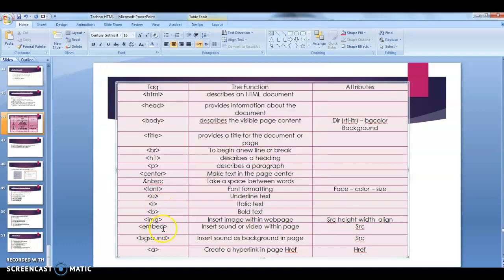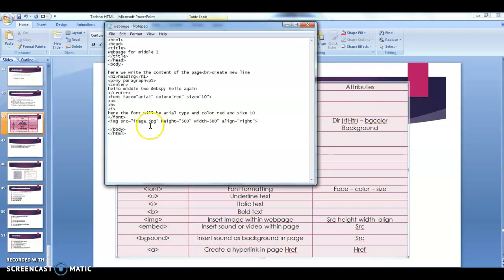The same thing with embed. If I need to insert a video, I write the name of the video here in the source, and write the extension. Okay, BG sound, the same thing. I insert